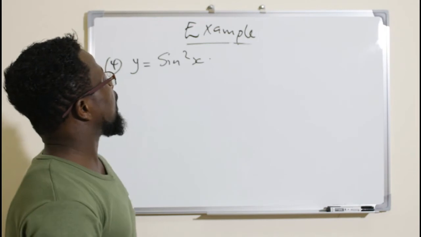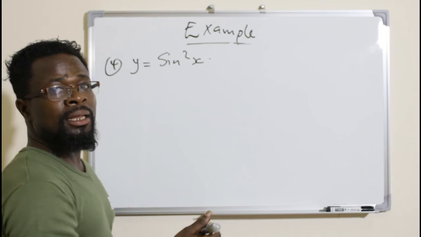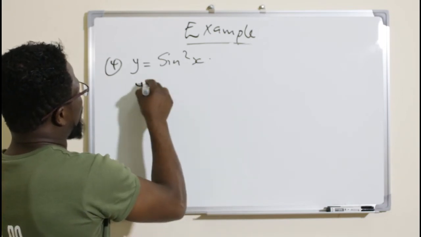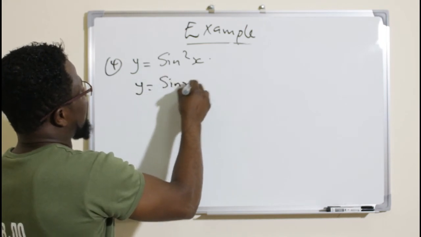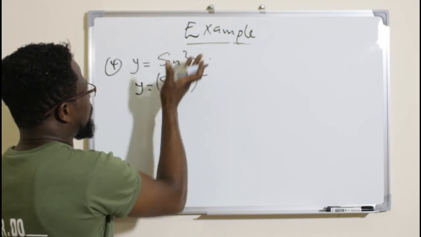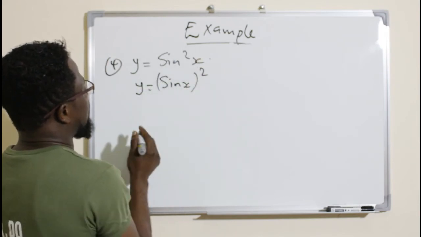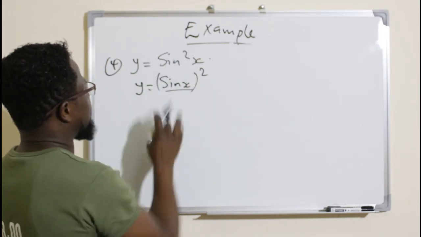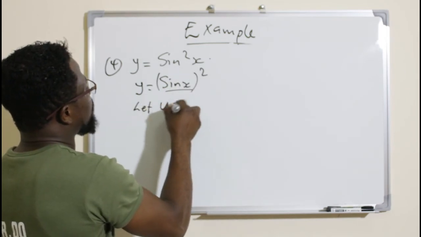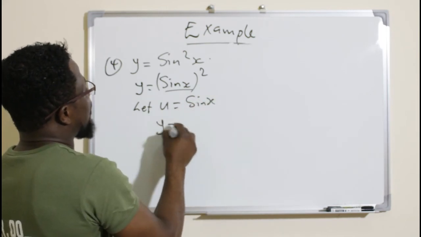Okay, so as example number 4, we are given y is equal to sine squared x, and that is what we need to solve. We remember that this can simply be written as y is equal to sine x, all squared. So this is just an abbreviated form of this. If this is the same as this, then I can say this is the inner function, and the outer function will be that. So I will let u be equal to sine x, so that my y now becomes